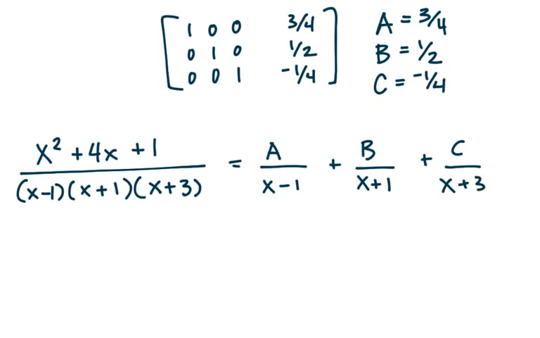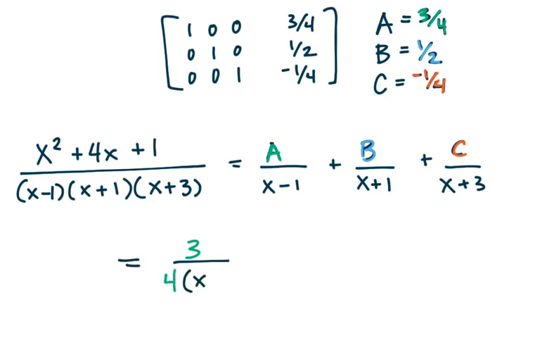And since we've determined what my A, being 3/4, B, being 1/2, and C, being -1/4, what those values are, I can now write my original proper fraction rational expression as, I'm going to have 3/4, or